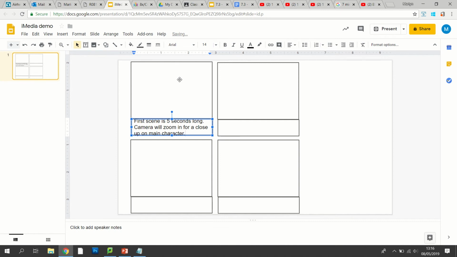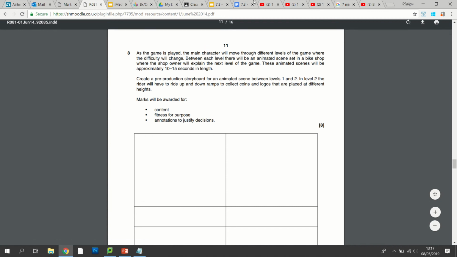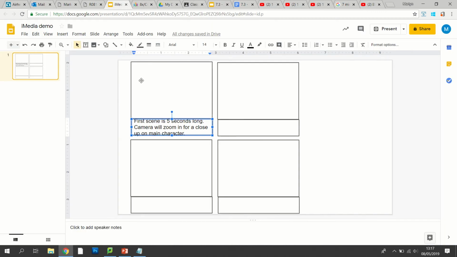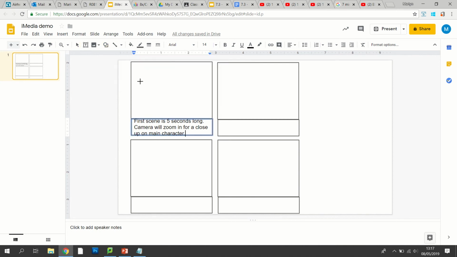Okay, so I then need to put something in here which is reasonably representative of that. Now, in the brief, it says that the rider will ride up and down ramps and collect coins. So you are in, and it says something about being in a bike shop as well. So there you go, bike shop, where the store owner will explain the next level of the game, that sort of thing. So what I might start with is I'm going to get shapes. You might want to do stick men or something.